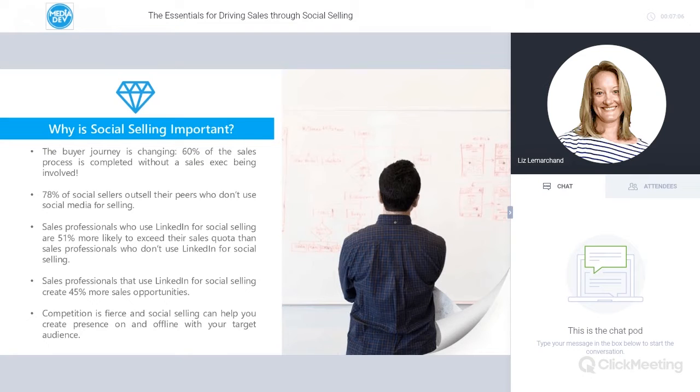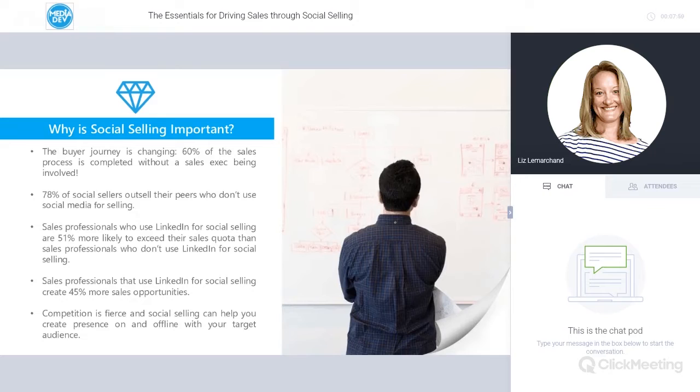So social selling has become a must-have resource for sales, mainly because so much of the buyer journey is completed by the prospect on their own before a sales rep even gets involved. Information, as we know, is at the tip of everyone's fingers, but people really engage with the brands that they've come to know and trust. So social selling is really a means of creating a relationship with your prospects, and engaging, listening, and interacting with them regularly should help naturally encourage them to trust you over time, so that when the prospect is ready, they know where to turn and who to contact.